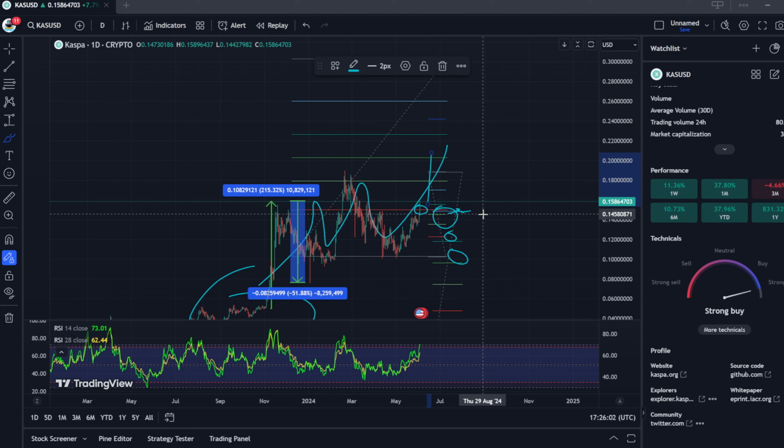So currently the RSI at the bottom left is showing 73 on the 14 day and 62 on the 28 day. So it's at that kind of 3/4 level when we're talking about when should I jump in. Well, for me personally, and it's not financial advice, just my opinion and what I'm doing right now, I'm not going to be buying right now. I will wait for a bit of stability these next couple of days. It could shoot up and I miss the opportunity and have to wait again. Who knows? But if I can see some stability around this 15 cent mark over the next few days, happily,